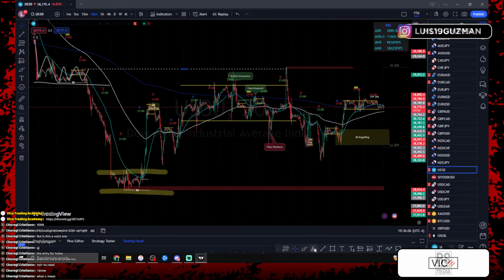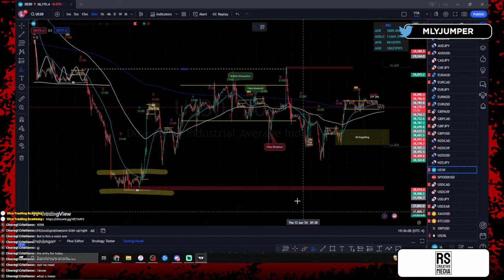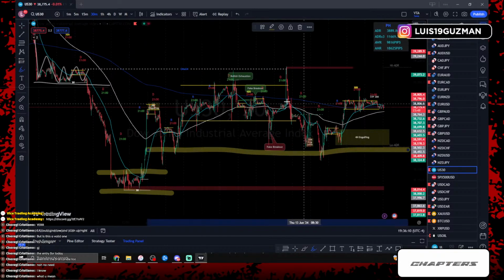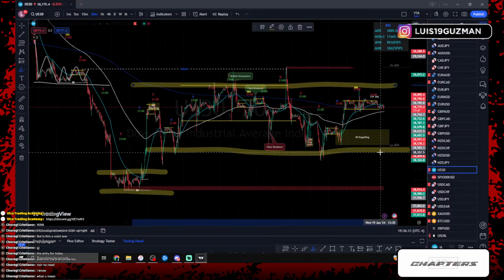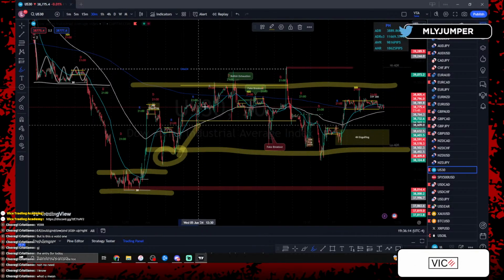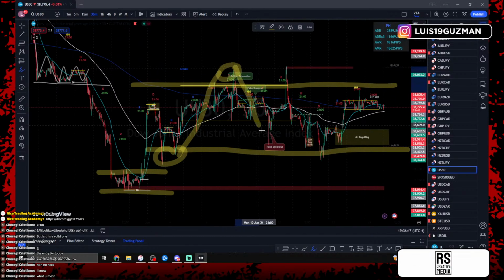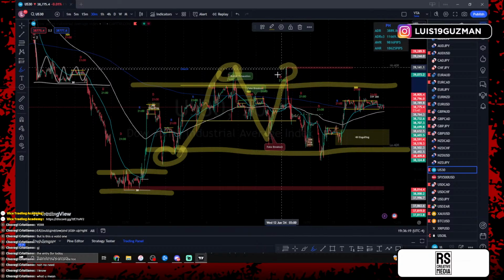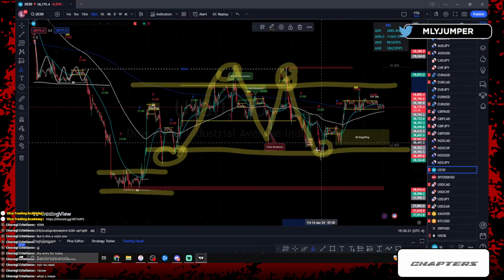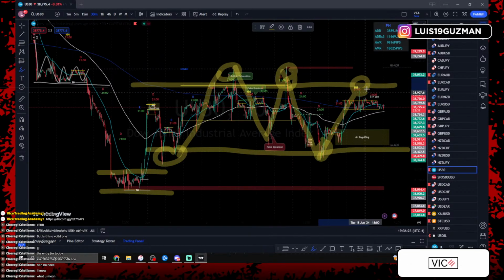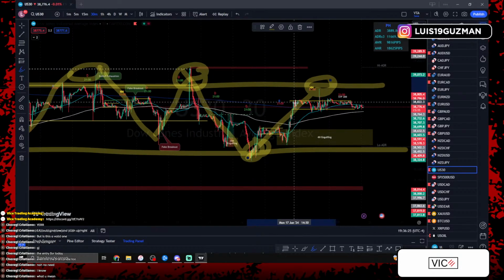Right, when we're looking at it like this, price is just moving sideways. If we really want to look at it, just look at it this way: price is just moving sideways from here to here, faking out the lows, going to the tops, faking out the highs, going back down to the lows, going back up to the highs, faking the highs, going back down to the lows, faking the lows, going back up to the highs, faking the highs, and then again just moving sideways.